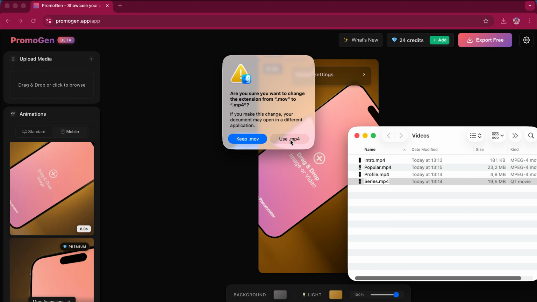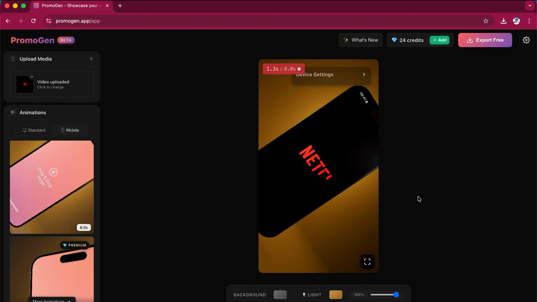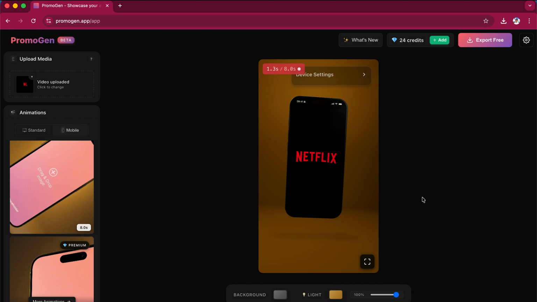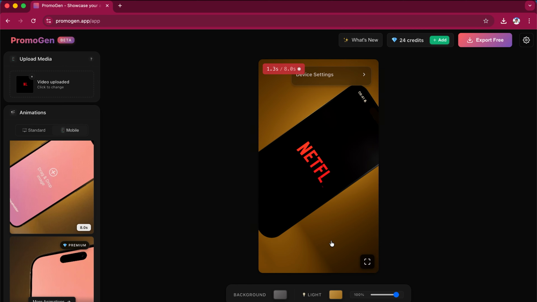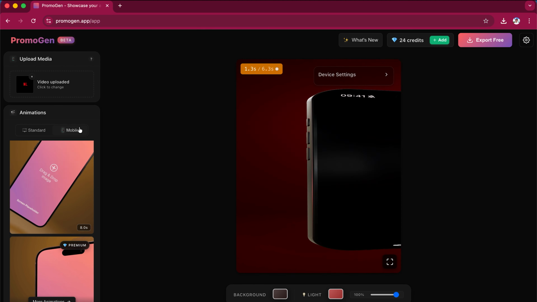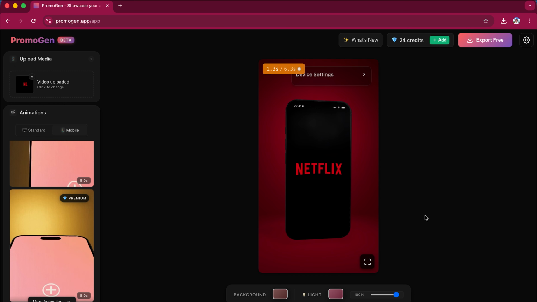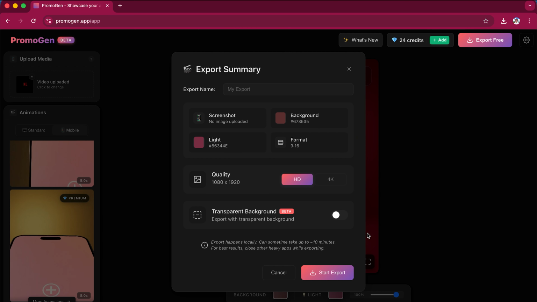Then create a free account and upload a screenshot or a screen recording of your app to the website. From there, you can choose any animation you'd like. Customize the background color, the lighting, or the phone model, and match it to your own style. Then you hit export. I'm exporting in HD to make it a bit quicker, but you can choose 4K if